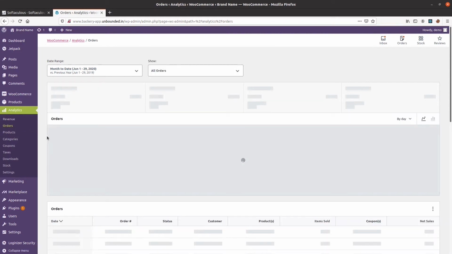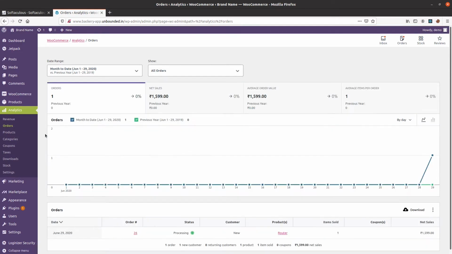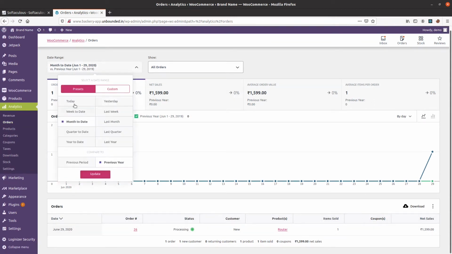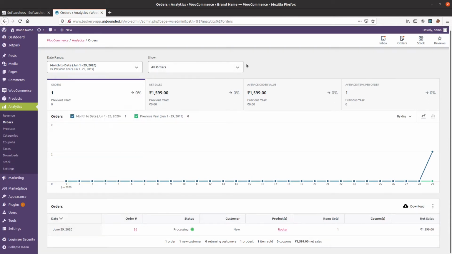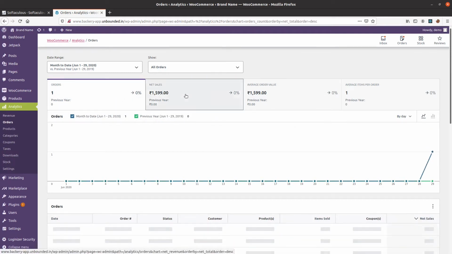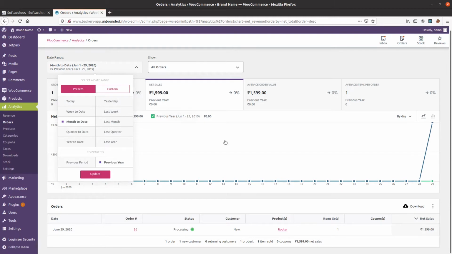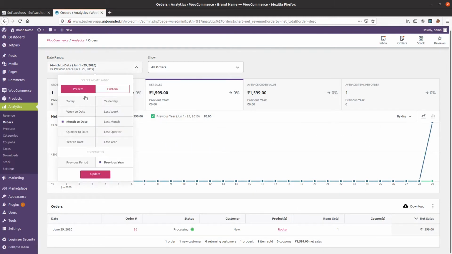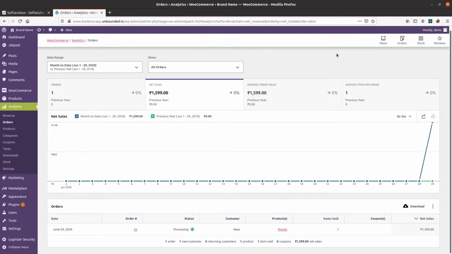So let's move on to the next section where you can check all the orders that have come during a set of dates. During a certain set of dates, what are the orders that have come? Okay, so yeah, this is pretty basic or similar to what we have seen. It's only the analytics functionalities that you have, the graph representation of month wise, year wise, day wise.